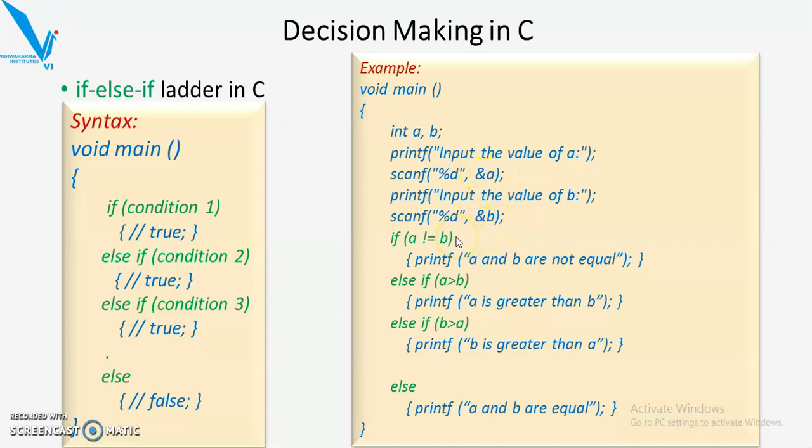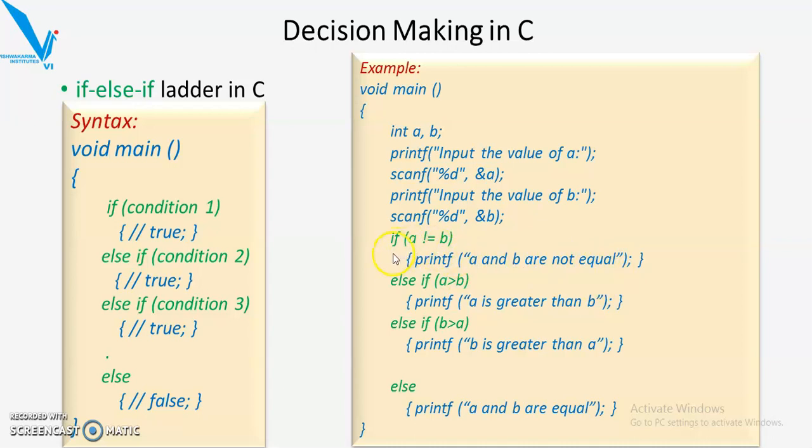Now here we are using the if else if ladder, putting various conditions. In the first condition we are asking whether A is not equal to B. This is the not equal to operator we have seen in earlier sessions. If A is not equal to B, print that A and B are not equal.